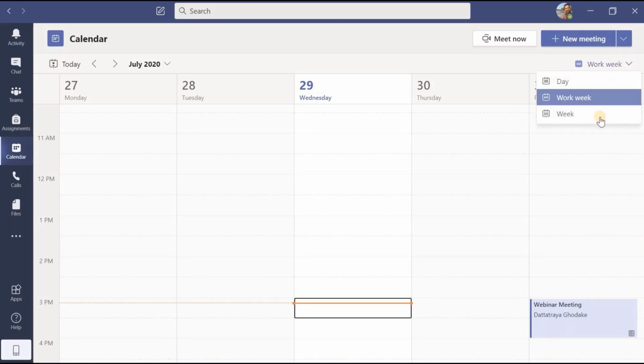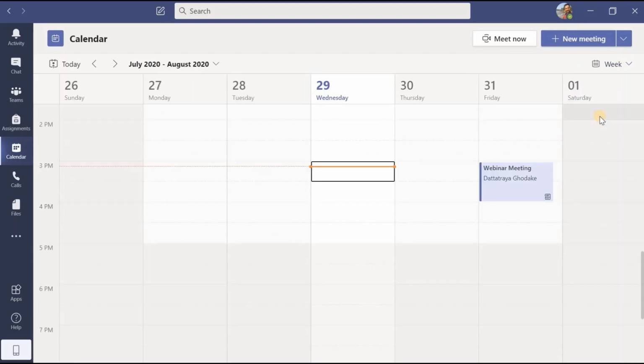Suppose you want to check the activities for the entire week, which will include the days from Sunday to Saturday. Here it will show those activities which are scheduled for the total week. Now this is regarding how we can make use of the calendar, but most importantly this calendar is used to have instant meetings, or if you want to schedule meetings, this calendar tab is used. Towards the uppermost right corner you can find two options, that is Meet now, and the next one is New meeting.